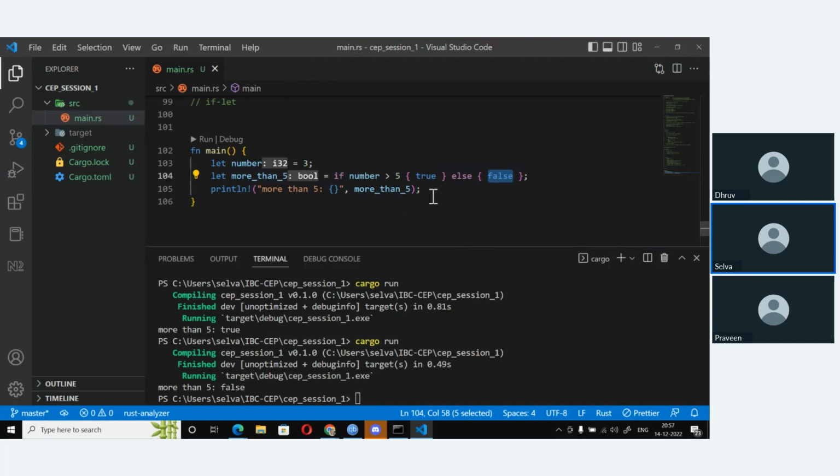Now inside of the if and else, these are just the values. These are called expressions. Don't put a semicolon after these. If you put a semicolon after this, then they become statements, not okay. What is an expression? It's very important for you to understand that. This is called the if let. So basically, you are using if to generate the value based on some condition in a let statement to assign a value to the variable.